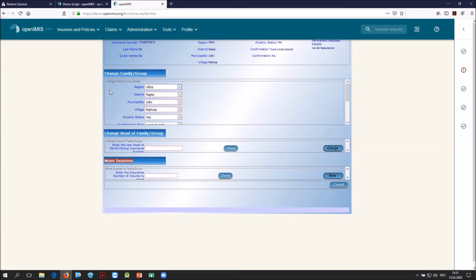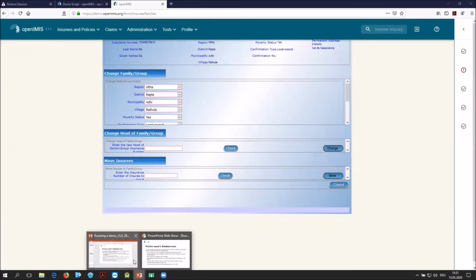You just have to make sure that the head of the household cannot move. So if the head of the household actually has to move, then you have to change the head of the household within the group, which is also here. And then the other member of the family can be switched into added to another family. All right, I'll then move on to the next part,